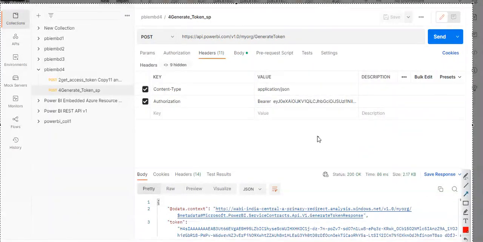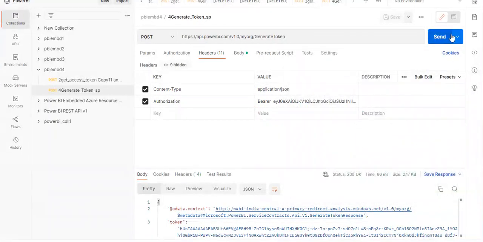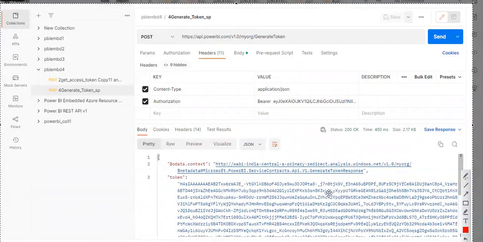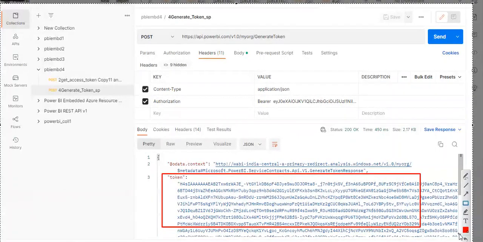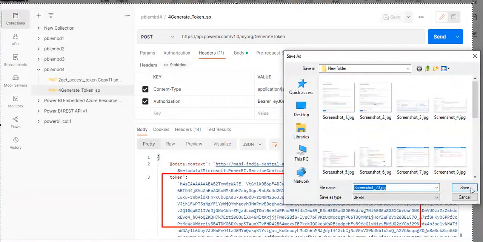So this is nothing but the access token. And this is the authorization bearer. This thing is also important, and it should be separated with one space. Okay, save it. As you said, you should get a token. So this is what the token is. This is the token. With the help of the token, what I can do is,